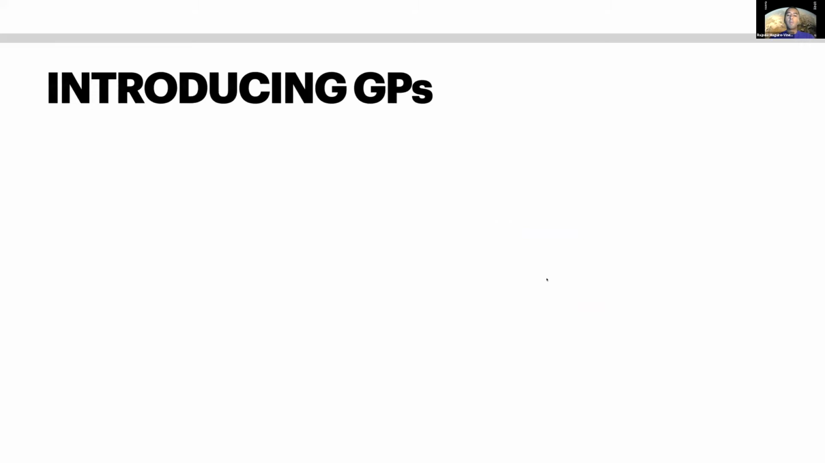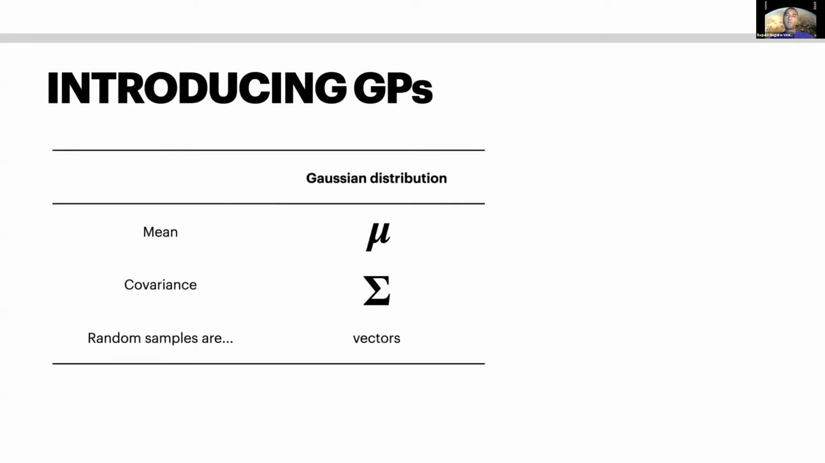Okay, so a multivariate Gaussian distribution over just n random variables is specified by an n element mean vector and an n by n covariance matrix, which defines how the different random variables relate to each other. And samples from this distribution will be vectors. A GP